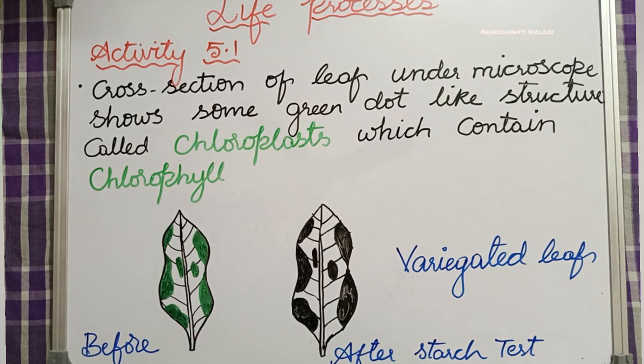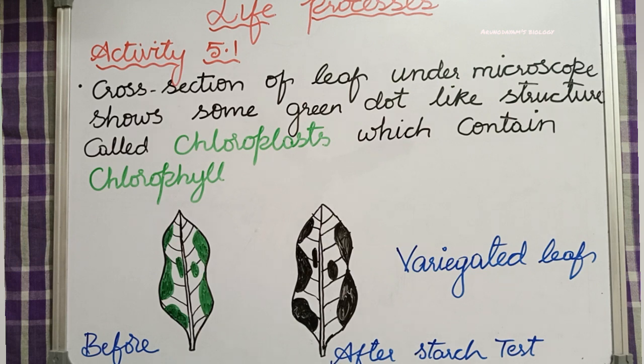So when we put this potted plant in the dark for 3 days, as the plant cannot perform photosynthesis, in order to meet its daily energy, the plant will use the stored starch present in its leaves. So within these 3 days, the starch will get used up. Next, keep the potted plant in sunlight for about 6 hours. Now take the potted plant from the dark room and put it in sunlight for 6 hours. During these 6 hours, the plant will perform photosynthesis.